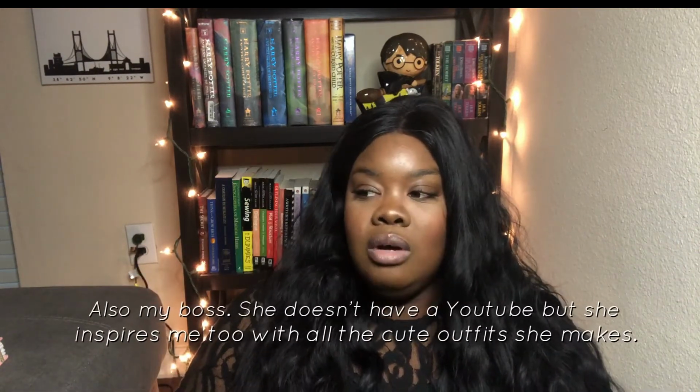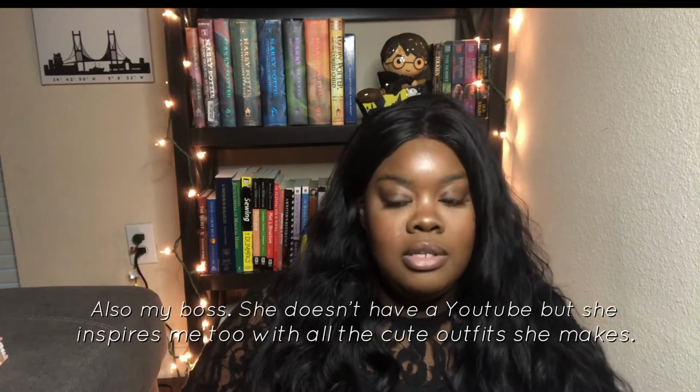One day I'll do a video on all my favorite seamstresses and those who have inspired me to really delve into learning how to make my own wardrobe, because there are so many, but the top two off the dome are With Wendy and Mimi G. I love them. So I want to pull out my sewing machine. The thread that I bought to make this wig, that's not the right thread, I'm going to use it